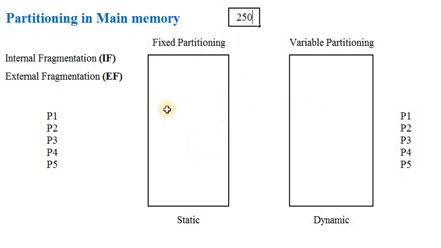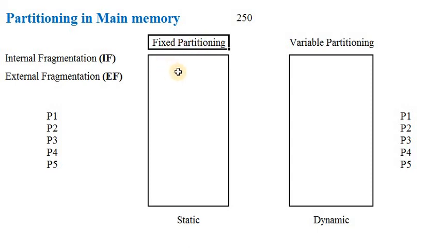First, we will see the static allocation. In the static allocation, how will the total memory be divided into a number of partitions? In this fixed partitioning technique, the memory will be divided equally. Actually, there are two types of partitioning techniques within fixed partitioning: one is equal partitioning and the other is unequal partitioning. But we will discuss only equal partitioning here, just to differentiate fixed partitioning and variable partitioning. In fixed partitioning, we are going to discuss the equal sized partitioning technique.